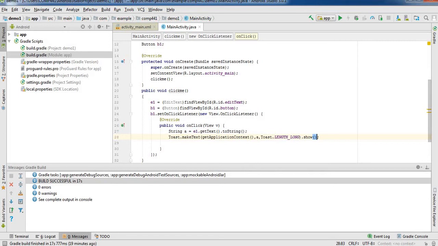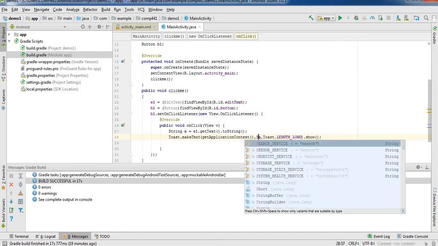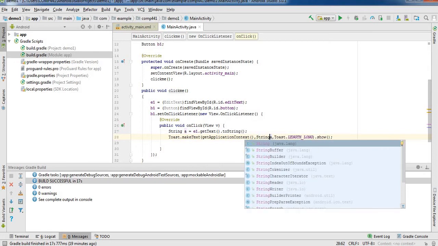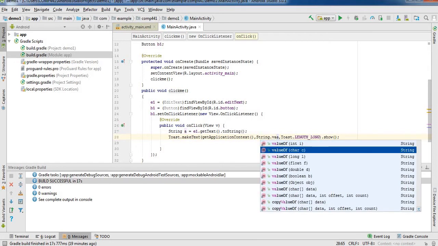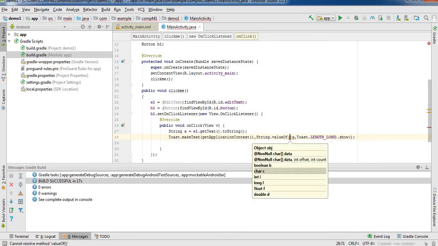But here we are using a directly, and this toast message will not print that a directly. We have to again convert it, that is String.valueOf, and then we have to use the a over here.